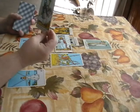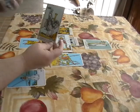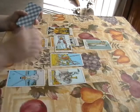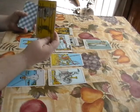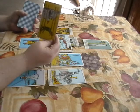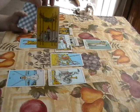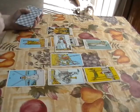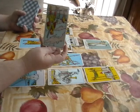The environment, how everybody sees the situation or the kind of support that might be around the questioner, comes up as the Knight of Cups. Hopes and fears, which sometimes I use as an advice card, is actually the Four of Wands, but the Four of Wands is reversed. The final outcome card comes up as the Five of Swords,